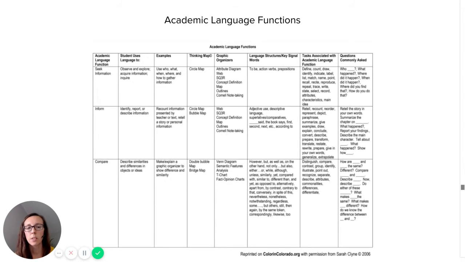And then there are some tasks there. So as you're thinking about what kinds of language objectives to write with your content objectives, you might include words like define or draw or label, matching, selecting. Those are academic language functions that can be written into language objectives as you're asking students to engage with the new content or with the content for that day. And then there are some questions that you can include there, and later on there are some sentence frames.